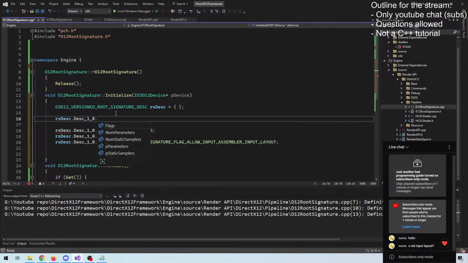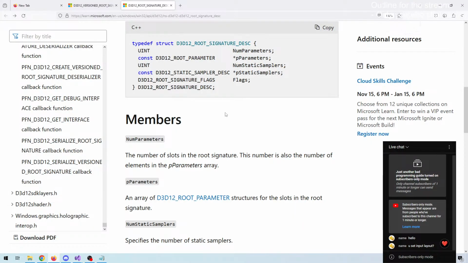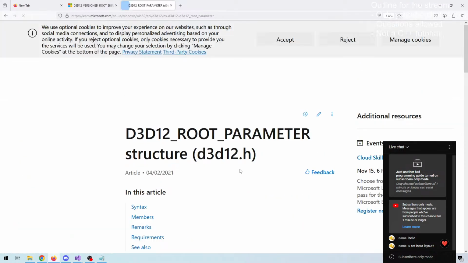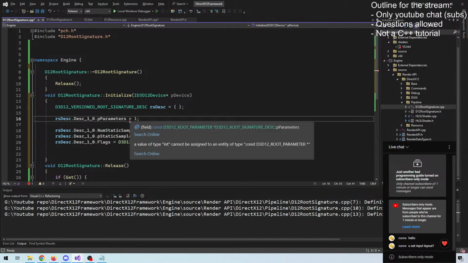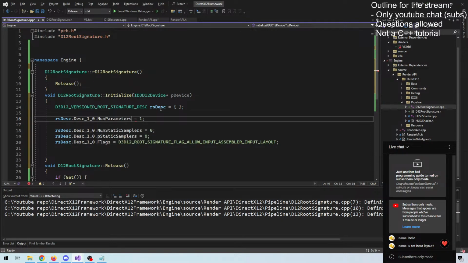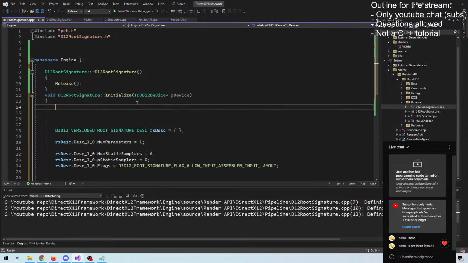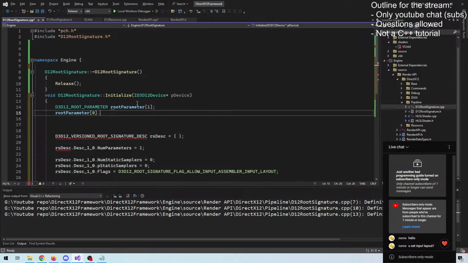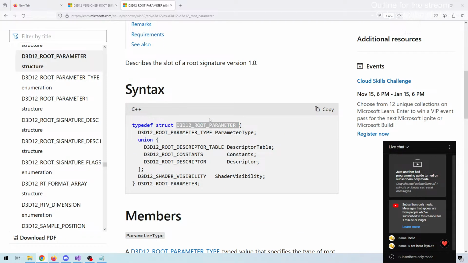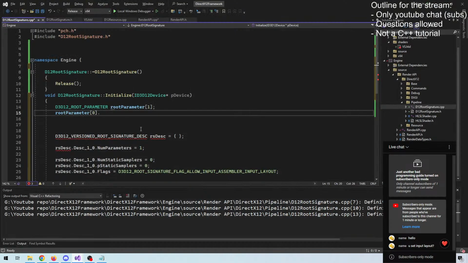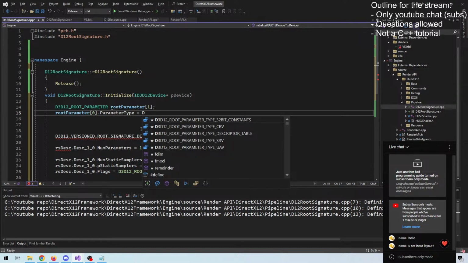We will put in one parameter, and we will have to create a root parameter structure. And we need to create our root parameter array, which will hold one parameter. And let's look up the structure here. It has a parameter type, which will be a